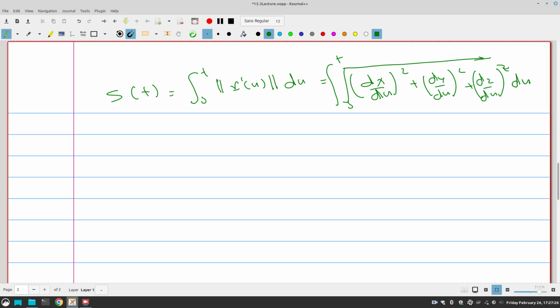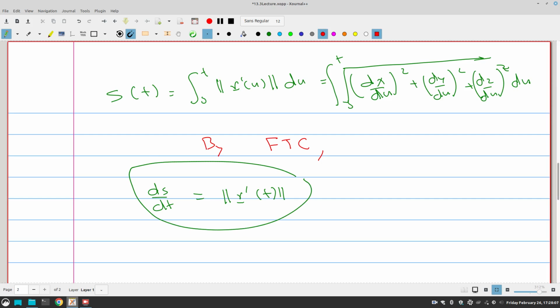Now, by the fundamental theorem of calculus, if I were to differentiate both sides of this equation, what would I get? I would get ds over dt equals the magnitude of r prime of t. I get ds over dt, and using this equation,